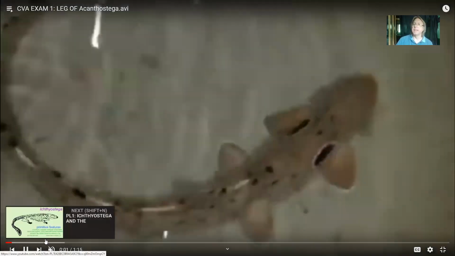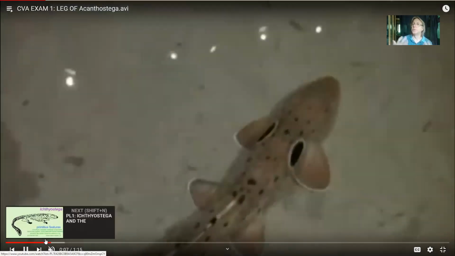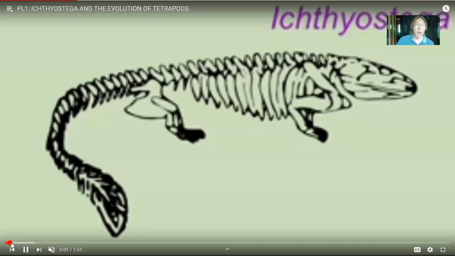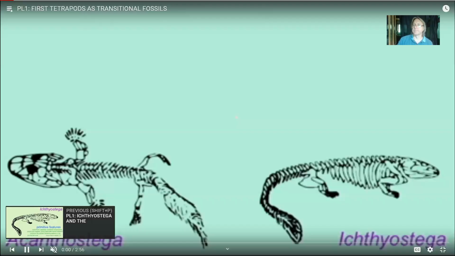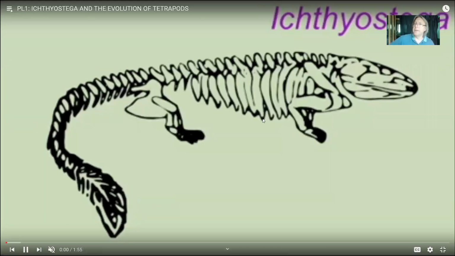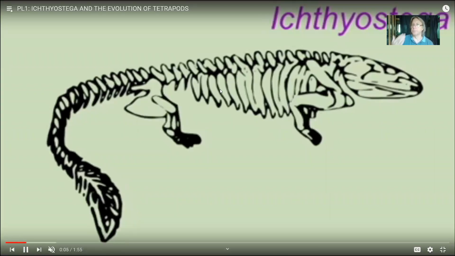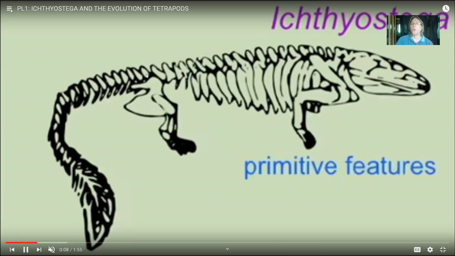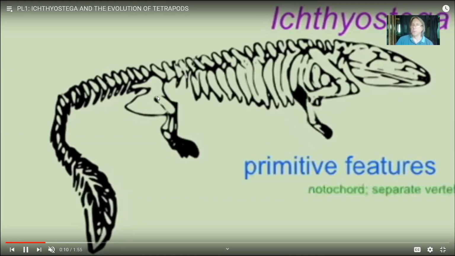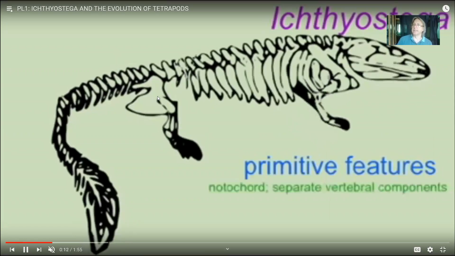Okay. Ichthyostega in the next video is a little bit more advanced than Acanthostega. So once again, it's an amphibian, thus more advanced than any fish, but it still has primitive features. So Ichthyostega was a bit more advanced than Acanthostega. Look at these big, thick ribs. That's something more advanced than Acanthostega. Also, it had the beginnings of a sacrum, specialized vertebrae, so that the legs could support the weight of